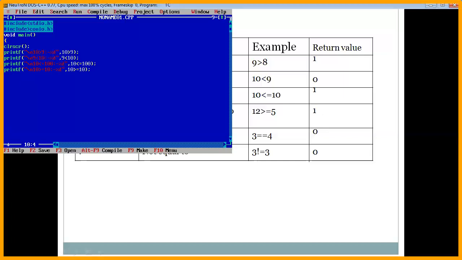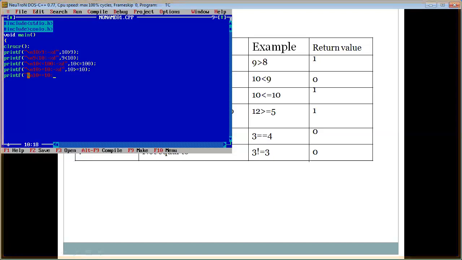Okay, next example, printf. I am going to display equal to: 10 equal to 10.